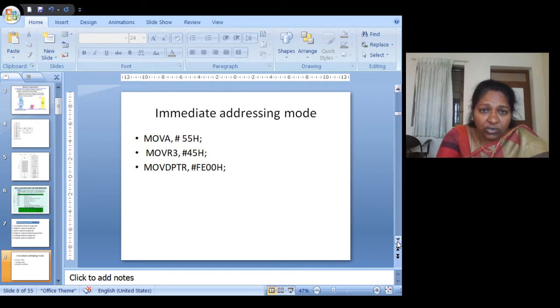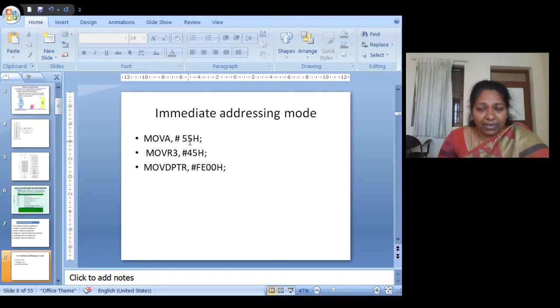So we have still not gone into the instruction set, but I will tell you just an example for each mode. So if you see here, there is one hash symbol. This hash symbol indicates that whatever is given after that is the data. What do you mean by data? It is just the value which you want to use in your program. So what am I doing here? I'm moving A. MOV is actually move, A comma hash 55.